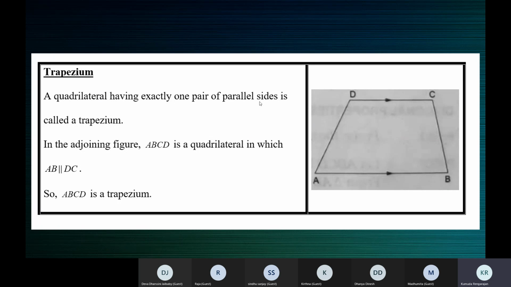Remove this word exactly from here. A quadrilateral having one pair of parallel sides is called a trapezium. Now, a parallelogram can be called a trapezium because, when you look at the figure, that is why you should know the definitions. Now, when does something qualify to be a trapezium? If you look at the figure, if one pair of opposite sides is parallel, it's a trapezium. If both the pairs of opposite sides are parallel, it's a parallelogram. If no pair, we'll come to that. We haven't discussed that. That's the definition.